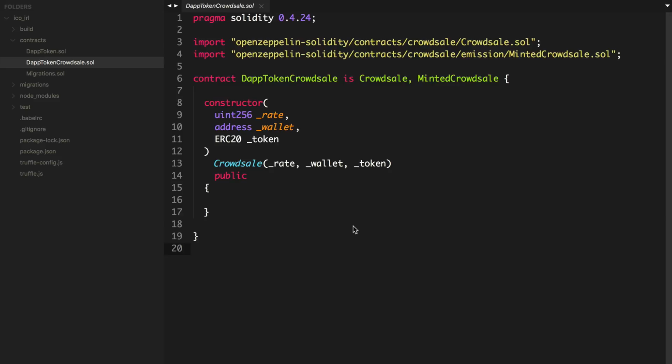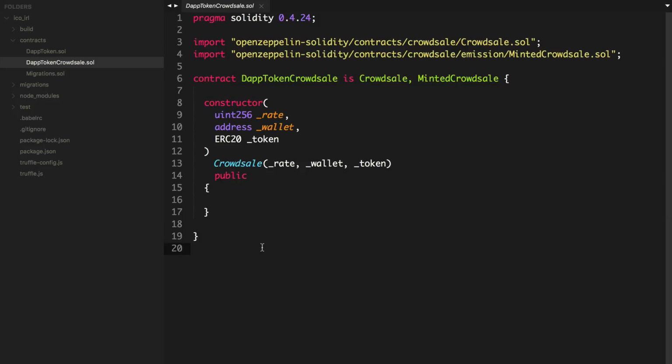In this video, we're going to turn this crowd sale into a capped crowd sale, which means we're going to use a hard cap to limit the amount of funds that we're going to raise in the public phase. So essentially, once we've raised a certain amount of Ether, we won't accept any more investor contributions to this crowd sale. Also, what we're going to do is hand roll some logic that